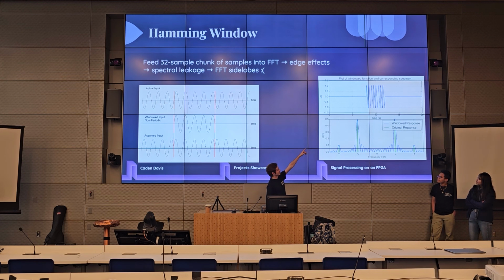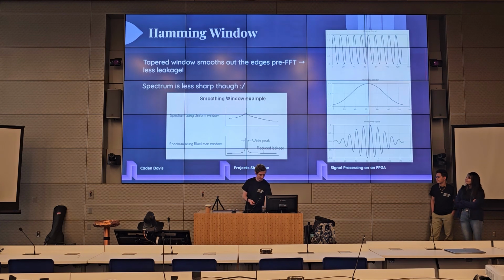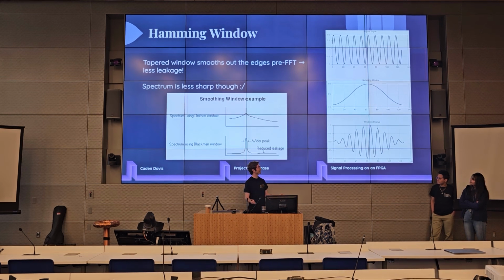Basically, this signal up here, it should, in the frequency domain, just be like a nice clean spike, but what are all these blue things? That's basically the remnants of these edge effects coming in. And how we might be able to get around that is we can say, well, if we take our signal and we multiply it by some tapering window, that'll kind of smooth out those edges. Then when we throw it into the frequency domain,